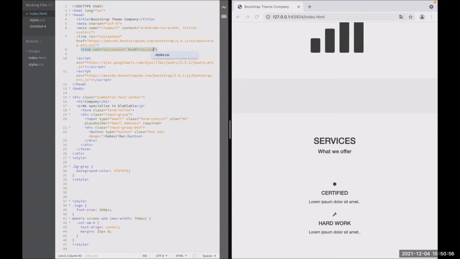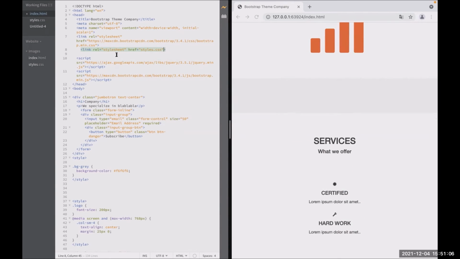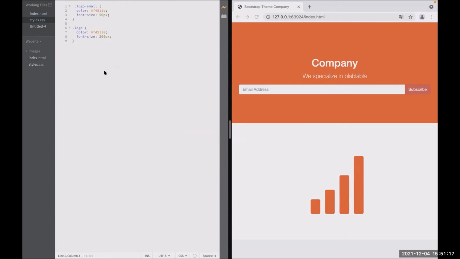Okay, .css. Okay, save. Now go to your styles.css. Now we are saying what we are telling the browser, look, we have got